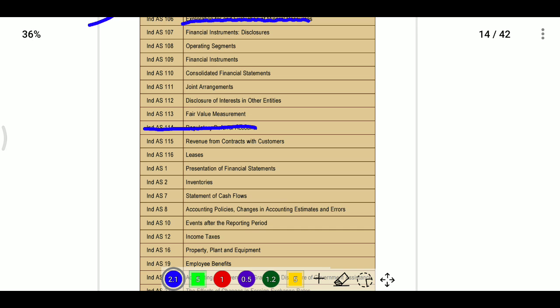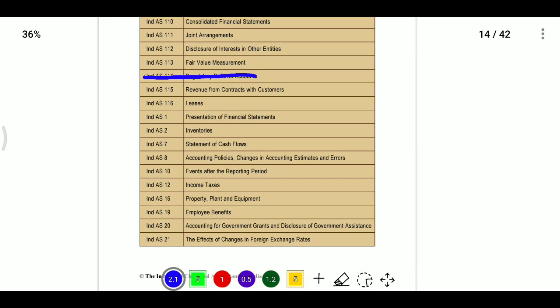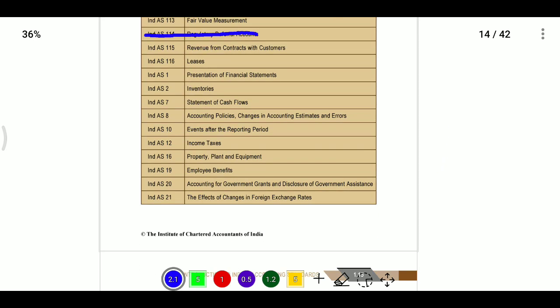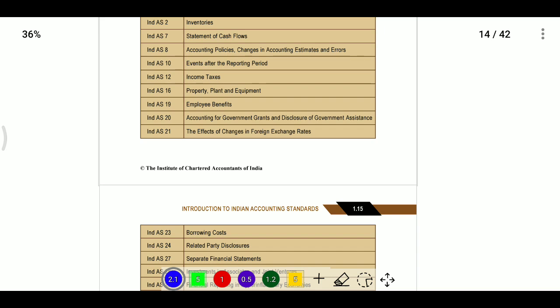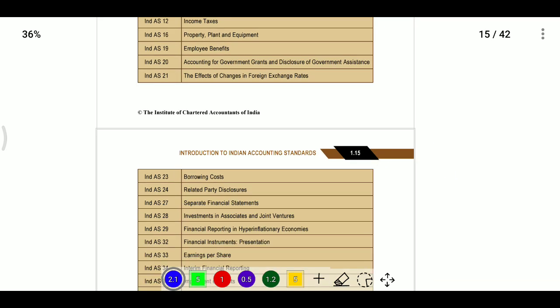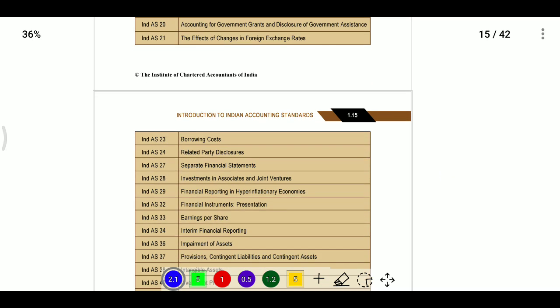116 Leases, and thereafter Ind AS 1 Presentation of Financial Statements, Ind AS 2 Inventories, Ind AS 7 Statement of Cash Flows, Ind AS 8 Accounting Policies, Changes in Accounting Estimates, Ind AS 10 Events after the Reporting Period, Ind AS 12 Income Taxes, 16 will be Property, Plant and Equipment, 19 will be Employee Benefits, 20 will be Accounting for Government Grants and Disclosure of Government Assistance, 21 will be Effects of Changes in Foreign Exchange Rates, 23 will be Borrowing Costs, 24 will be Related Party Disclosures, 27 Separate Financial Statements, 28 Investments in Associates and Joint Ventures,